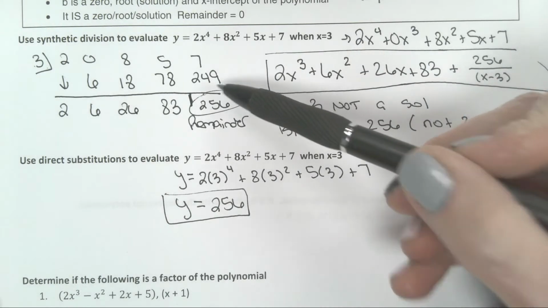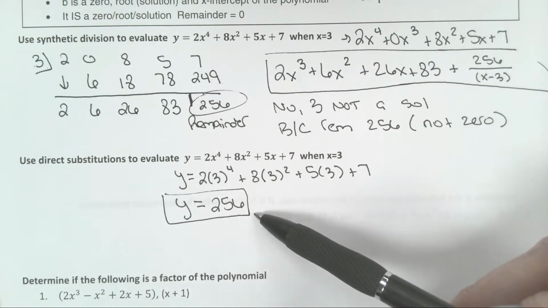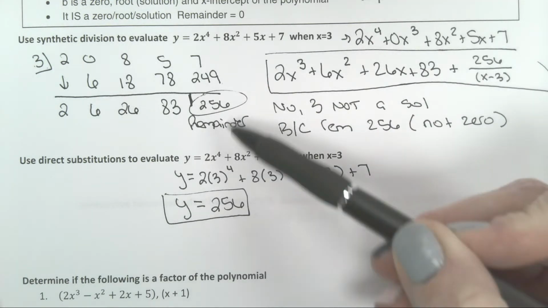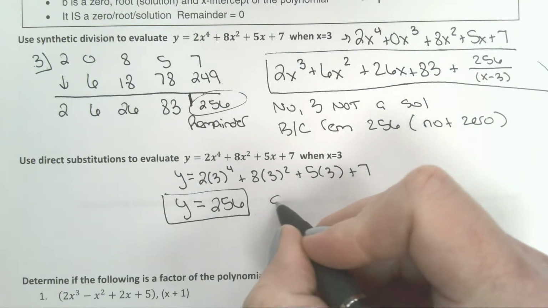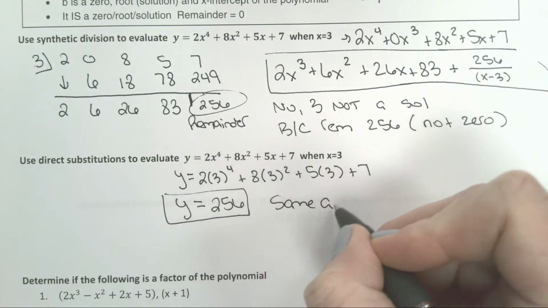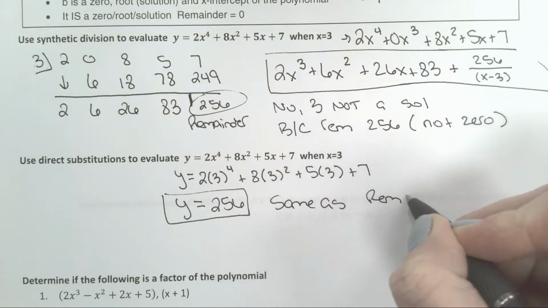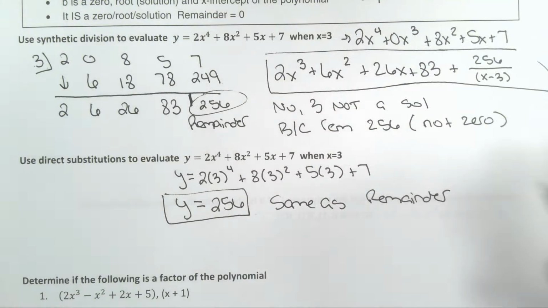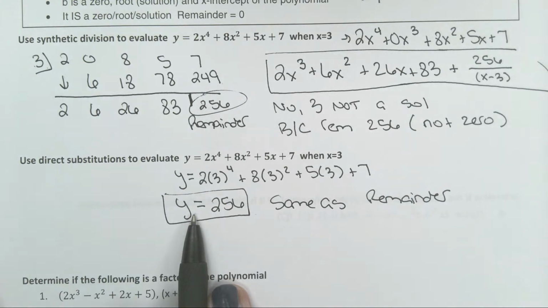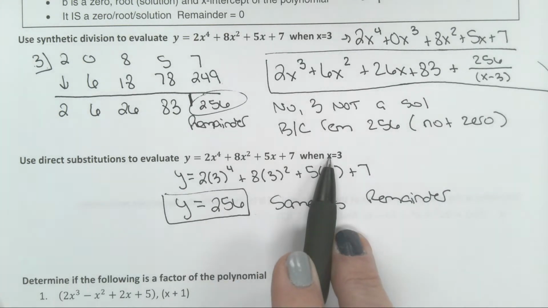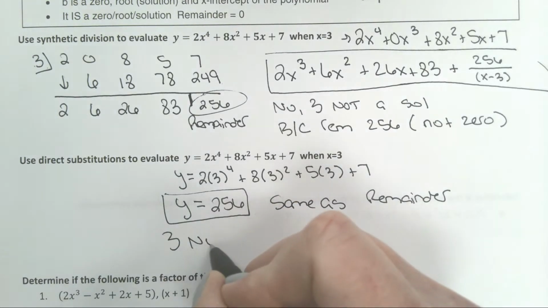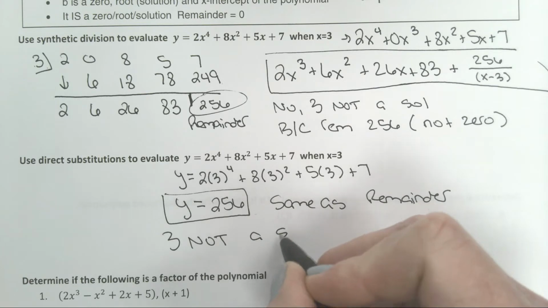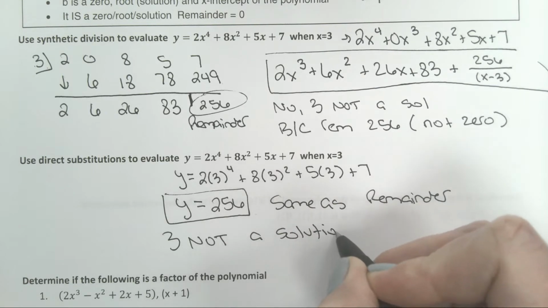So whether you do synthetic division or direct substitution, I notice that I get a 256. So the 256 is the same as my remainder. For a lot of people, this is a very fast way to figure out if a number is a solution or not. And I can say 3 is not a solution